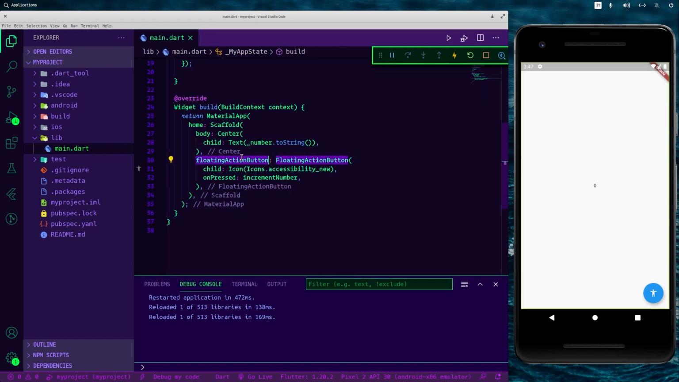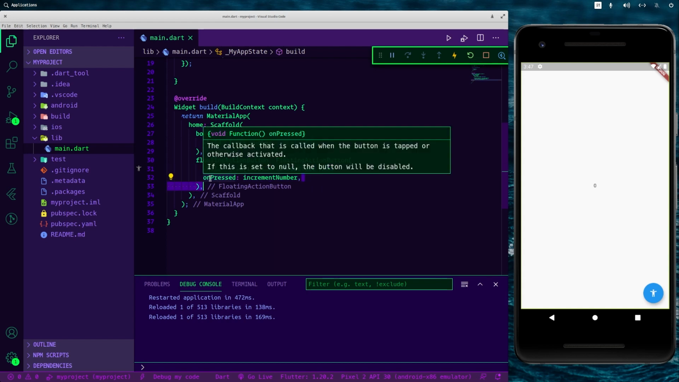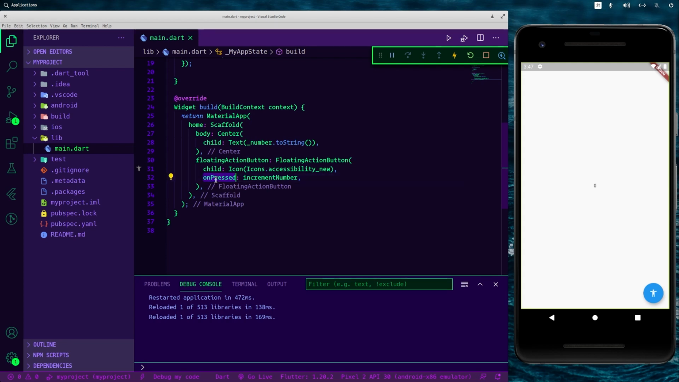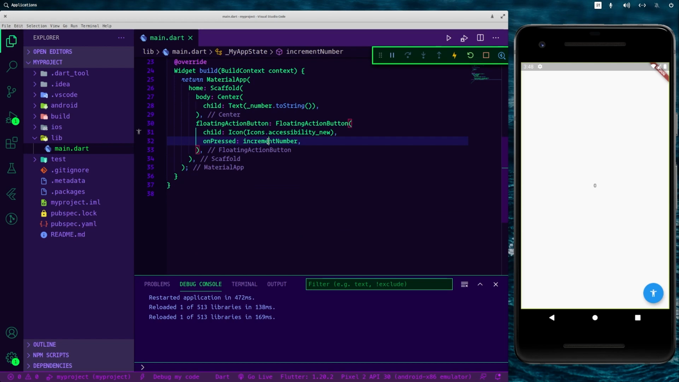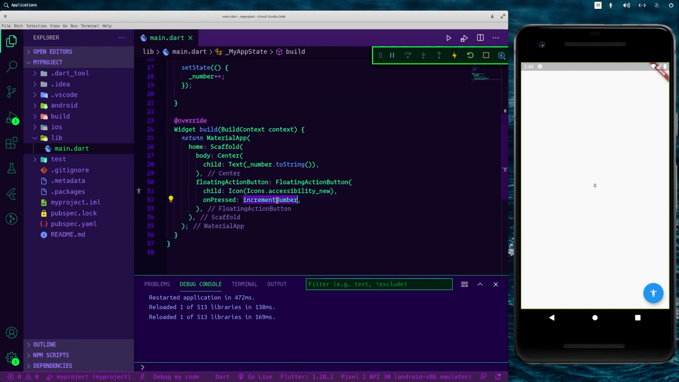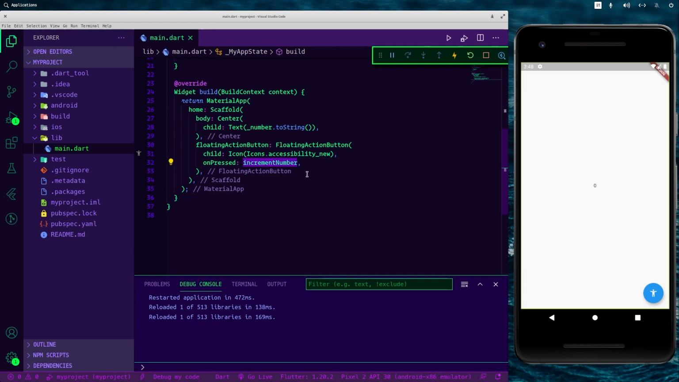Then here I have added a floating action button. It is this floating button, as the name suggests, and it takes a child with this icon here, and another parameter called onPressed, where you can pass a callback as before. So when you press it, it will call this function. So I have done it like this. I have called it like this without using the parentheses,